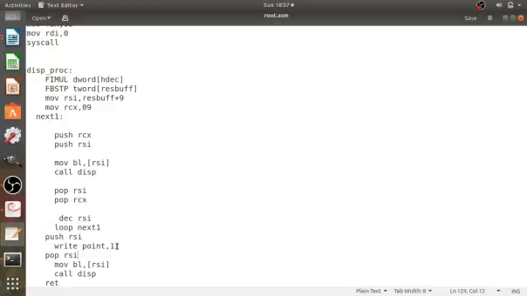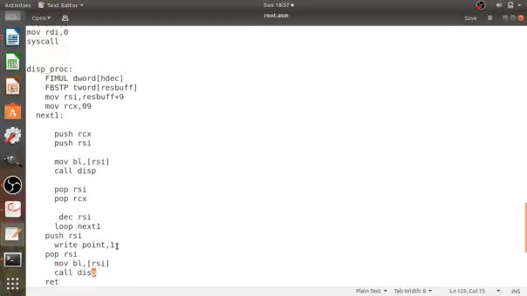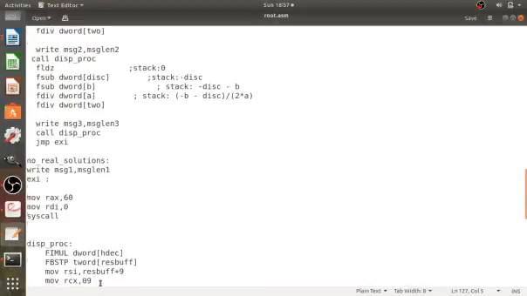So your point is displayed, then pop RSI, read the value of RSI from the stack, then from RSI get the value. That value is the digits after the decimal point. So copy it in BL and again display by using the disp procedure. Again it goes to disp. In disp it will call the convert to ASCII value. After converting to ASCII, it stores in the temp and that temp is displayed and it returns back. From there it comes to the next statement, that is return. So again from here it goes back to the calling statement.